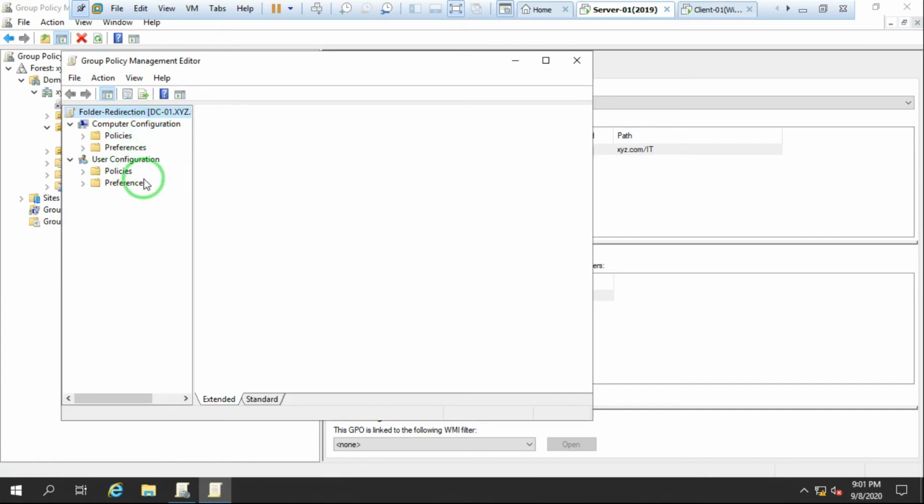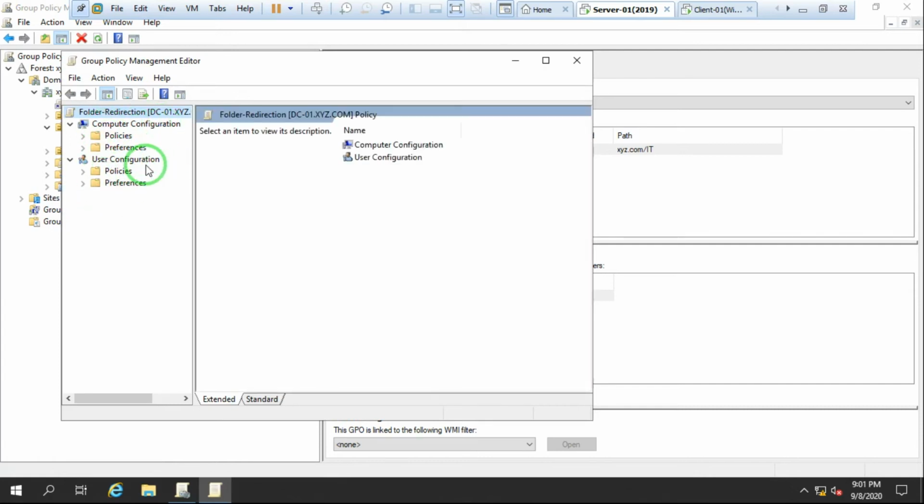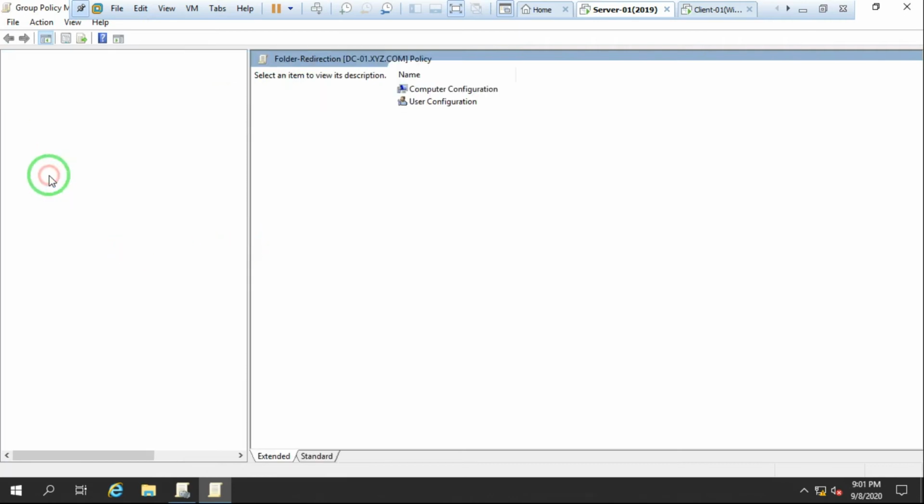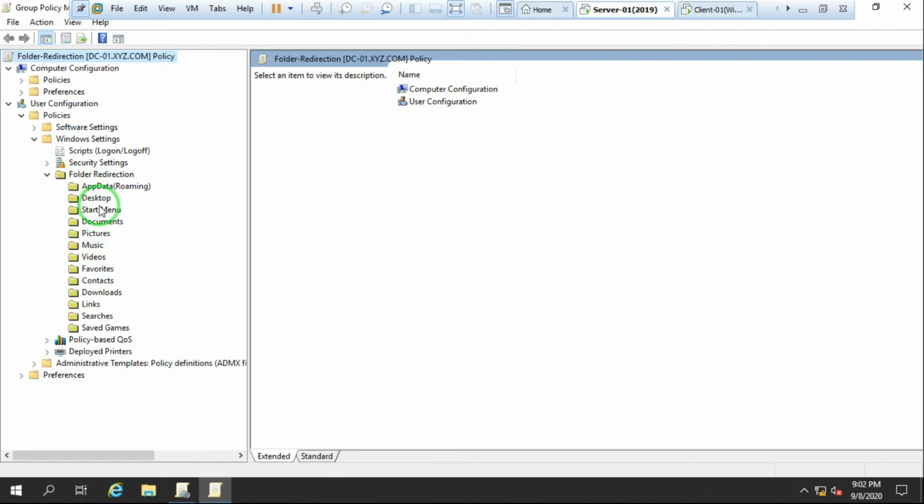Now in that we have two options, computer configuration and user configuration. In user configuration we need to expand Policies, then expand Windows Settings. Over there we have the option Folder Redirection. So I click on Folder Redirection. These are the user profile folders. Which folder do you want to redirect?